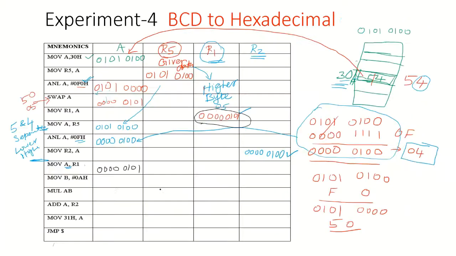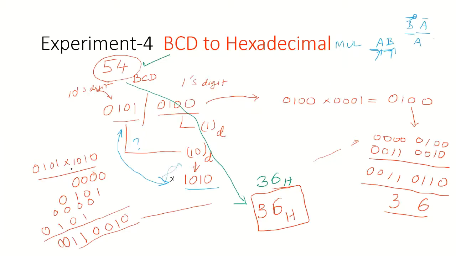So that is why you are loading the number 10 in decimal. But you see here it is loaded as 0A. Why? The hexadecimal equivalent of decimal number 10 is 0A. So you are loading this number 10, or 0A hexadecimal, in B, because you want to multiply 5 into 10. So A will have 5, B will have 10, and those two are multiplied here. That is what you have done in the calculation also.